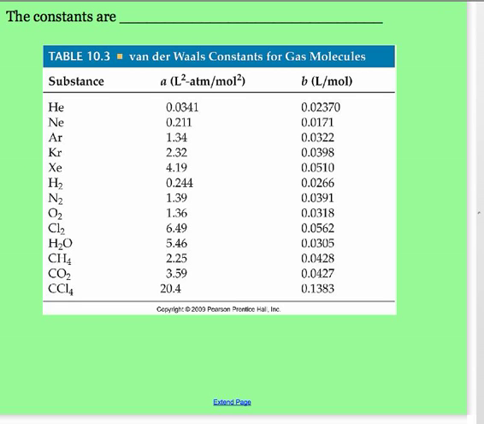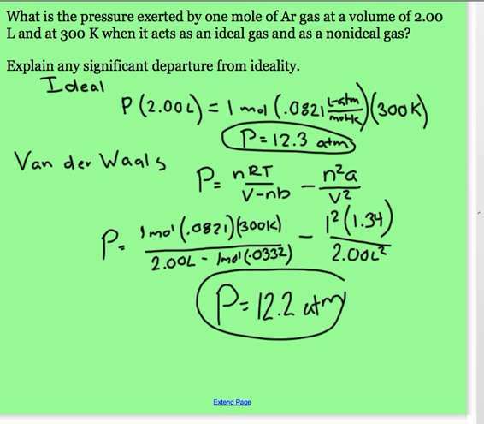The chart just shows you the different A's and B's. So you can see that carbon tetrachloride has the largest attraction. It's kind of freakishly attracted to itself. And over here you can see the volume of things, and you can see carbon tetrachloride is the largest gas as well. It takes up the most space per mole. And then this equation here is just showing you, okay, if we do one with the ideal gas law and we do one with van der Waals,